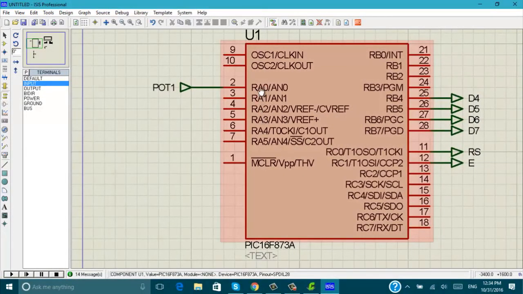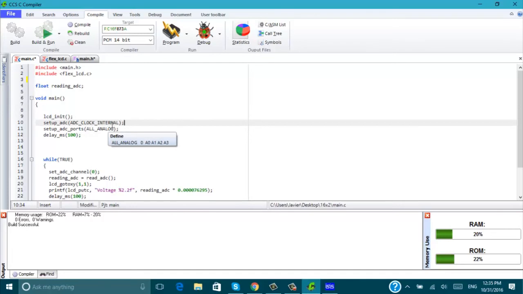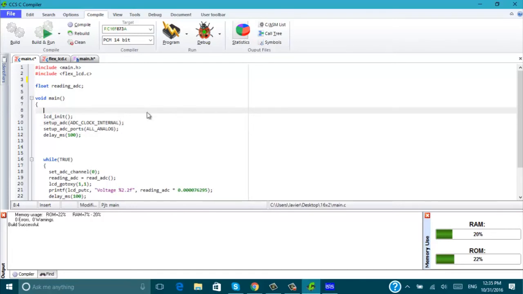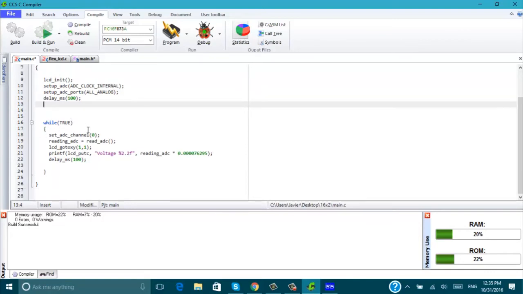Here, for example, we have from 0 to 5. We can configure just the first pin as an analog pin, for example. Just for the sake of simplicity, I left them all analog, since I'm not using any pin on the A port. And then I introduce a small delay, because this is a requirement for the ADC module. We need a small delay before the first conversion. So here inside of our infinite loop, we have a function which is called set ADC channel, and we use this one